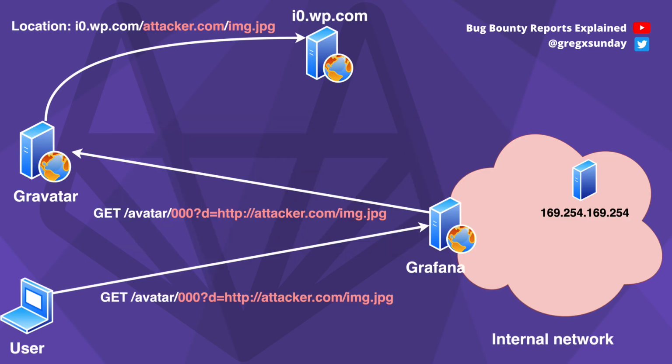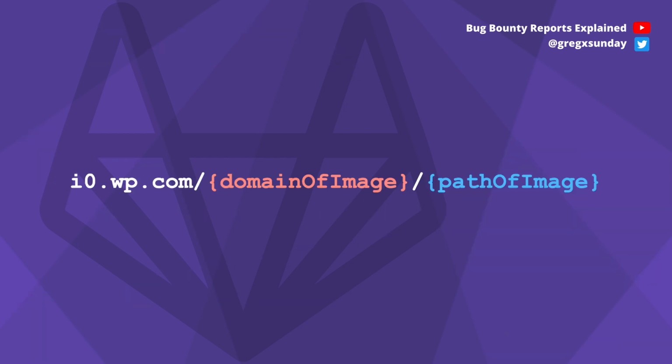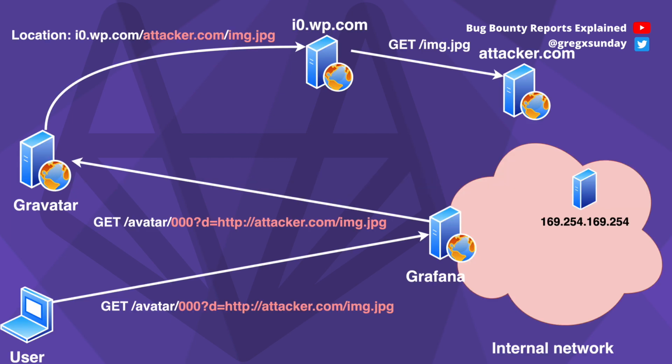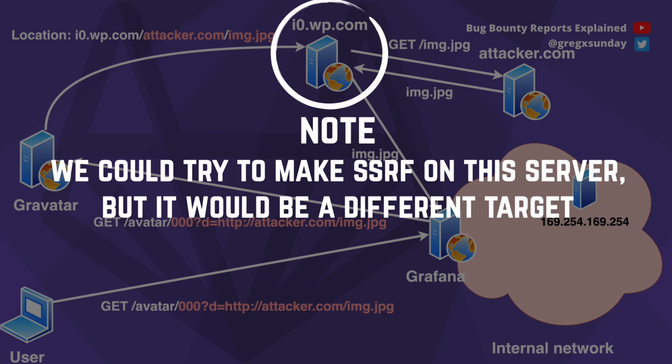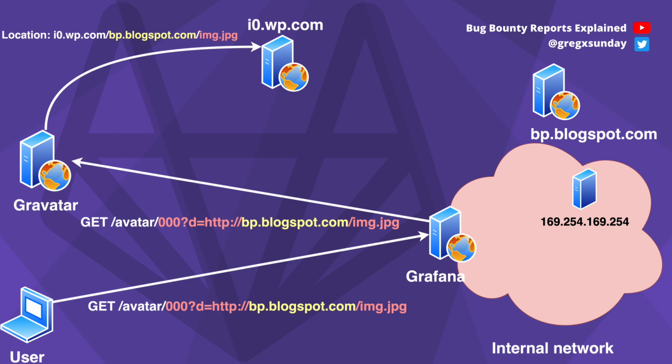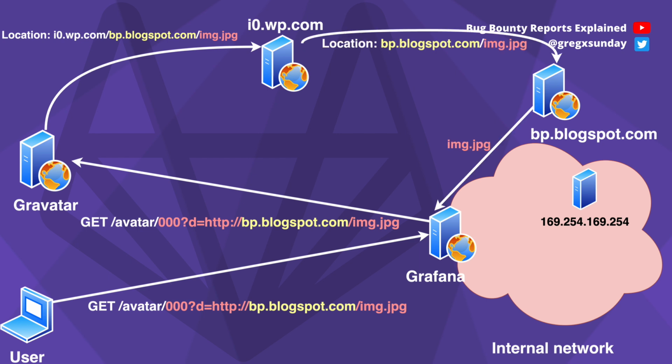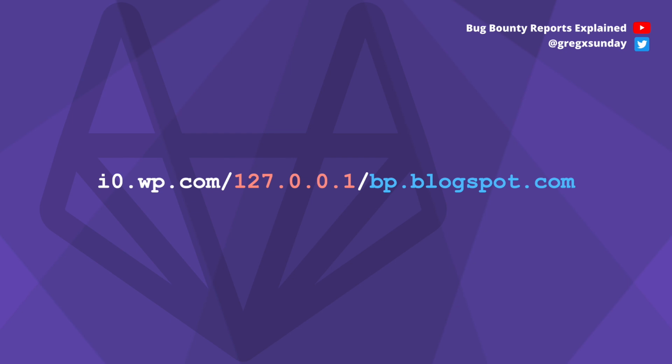But when you provide the URL, you get redirected to yet another domain. This is the way that you would tell this domain where to look for your image. It would try to go to this location and give you back the image. But if it would be on the domain bp.blogspot.com, instead of fetching this image for you, it would redirect you to that domain. But you could exploit this functionality by using bp.blogspot.com as the path, achieving an open redirect.